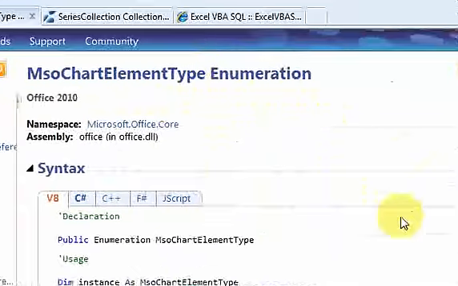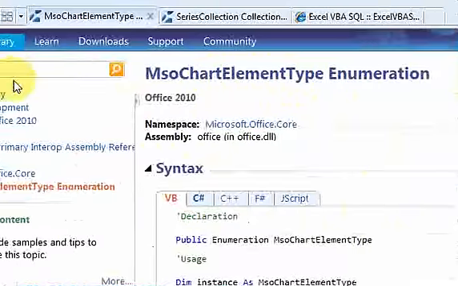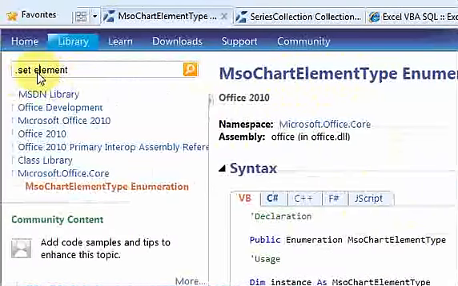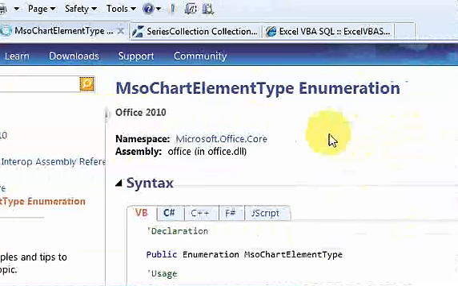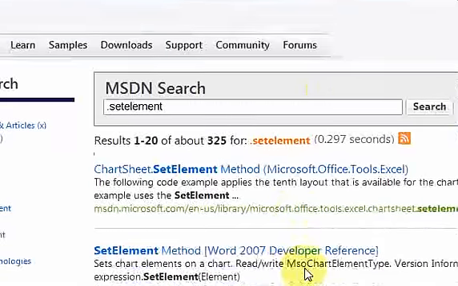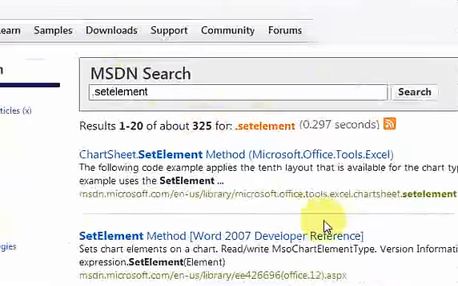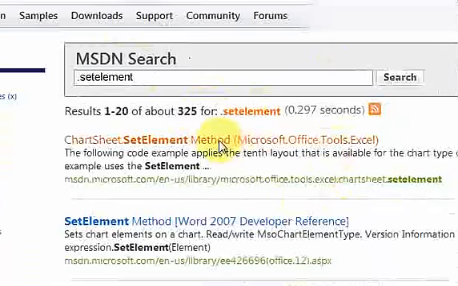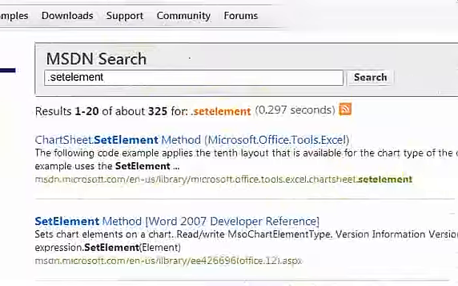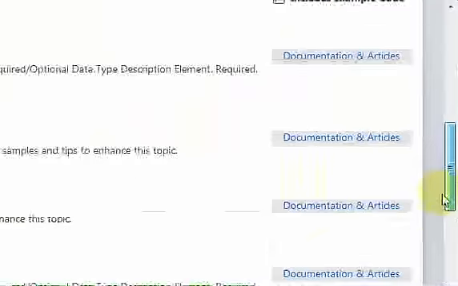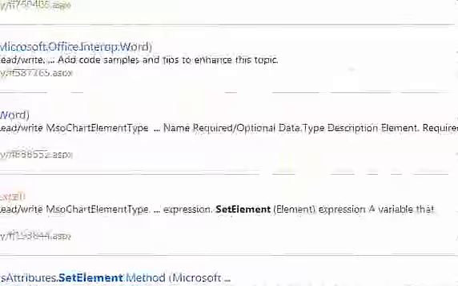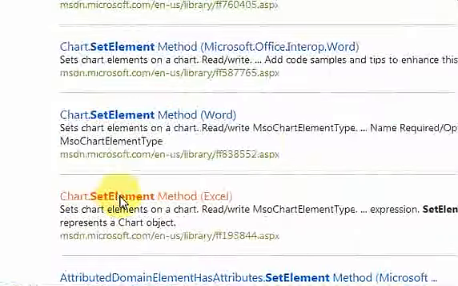shows me that well, let me just do that. I'll just do .set element. I'll do search, and here we go. We get our results of our search. If I click on this, I don't want to do chart sheet. I'm just gonna go down until I get to this one. Chart.set element method Excel. So if I click OK,